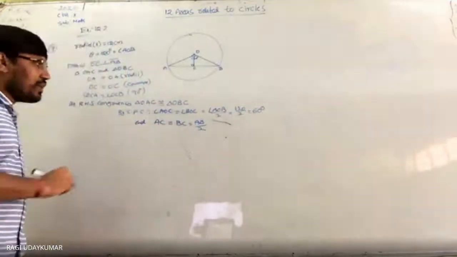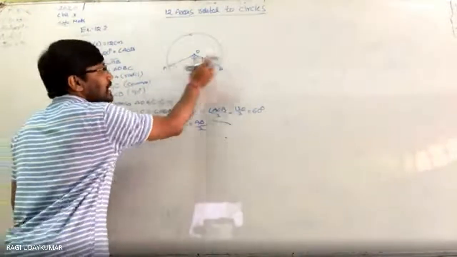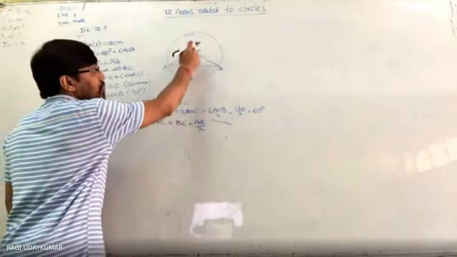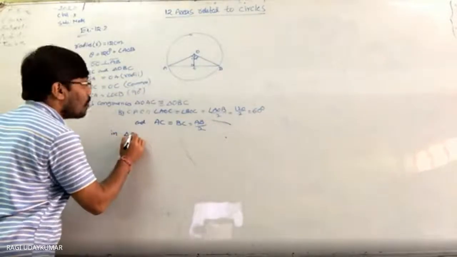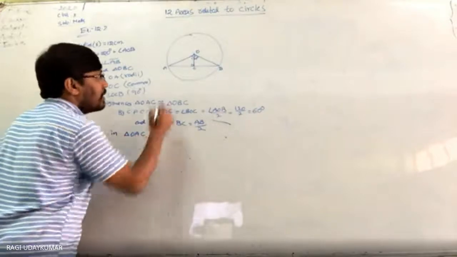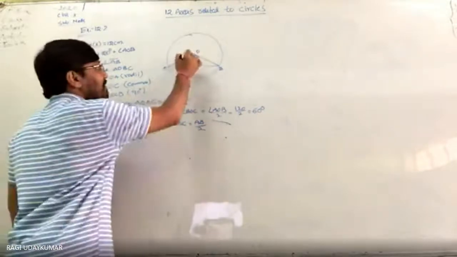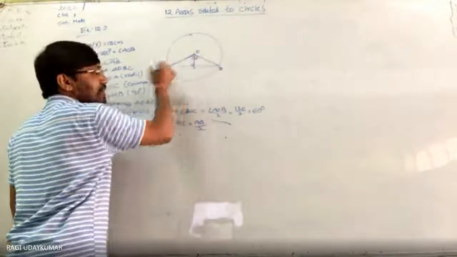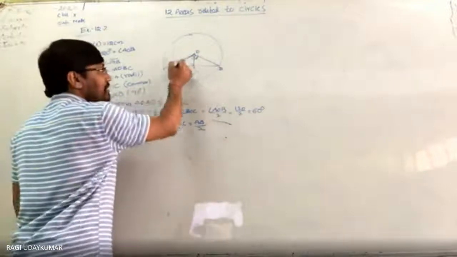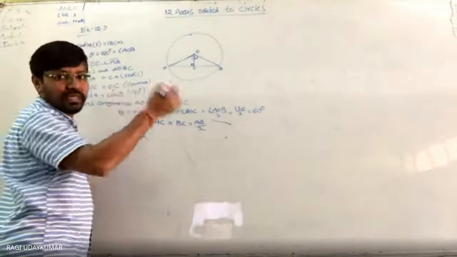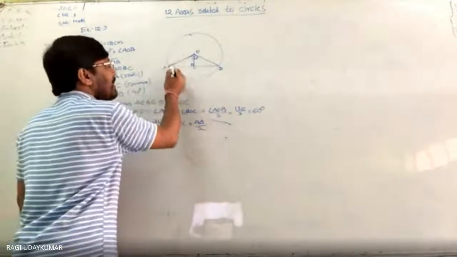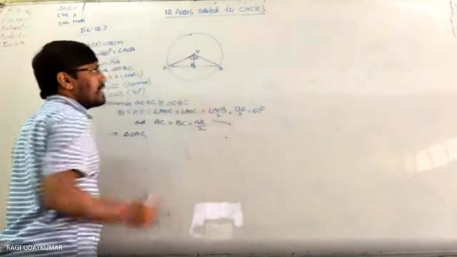So for that purpose, AC and BC are equal lengths. AC you can find by using trigonometry. So in triangle OAC, this is the 60 degrees. We have this side, and this side. What is this one in this triangle? Hypotenuse. The hypotenuse we have. What is this side for the angle OAC?